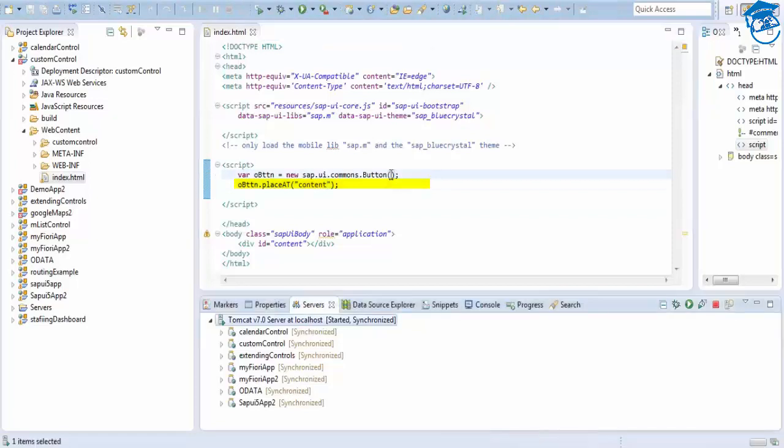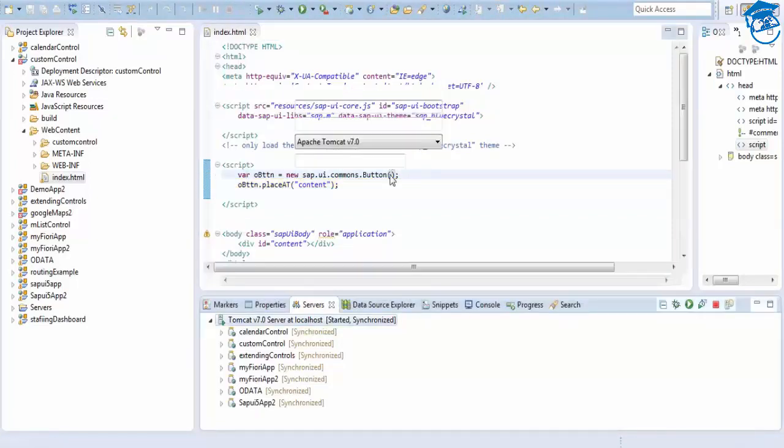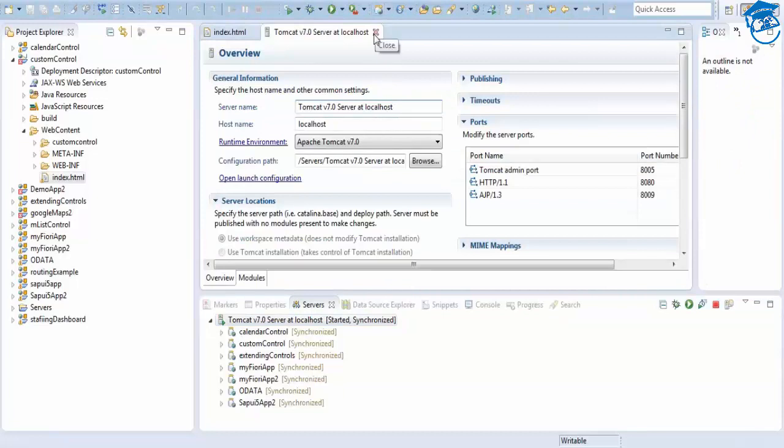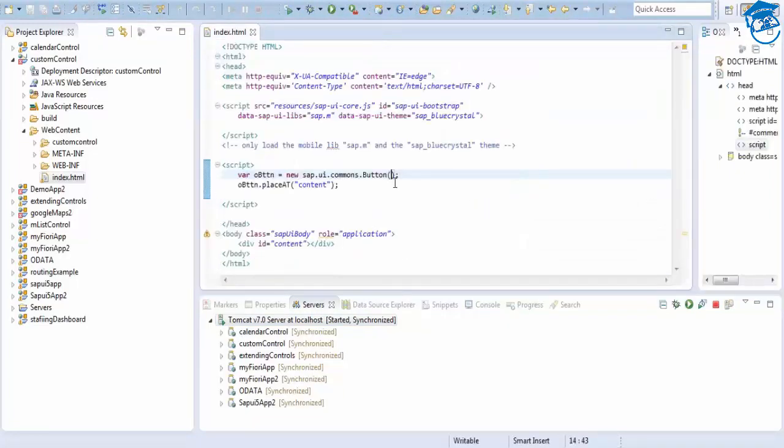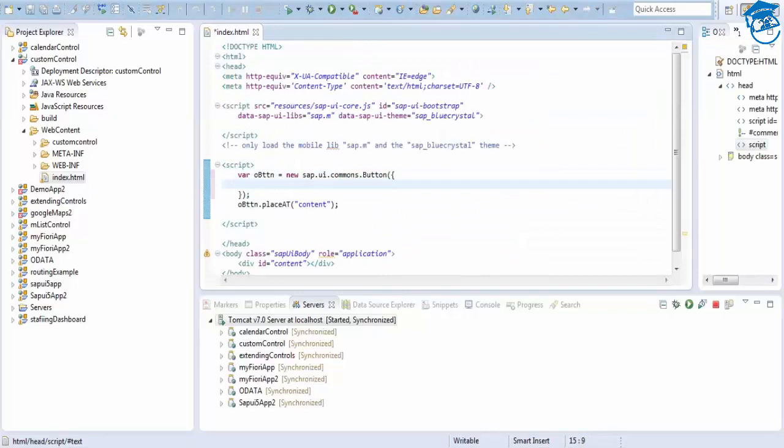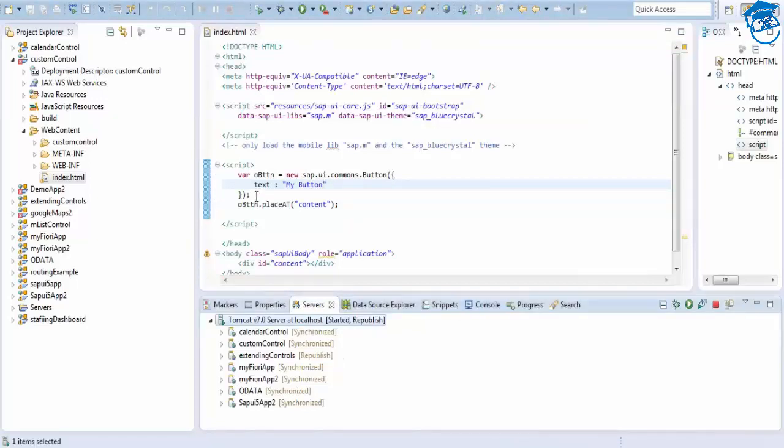Inside this button we have properties called name, the text property, which we set as my button. Okay, so we'll go here and refresh this extending control now.